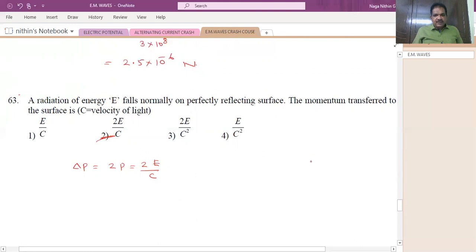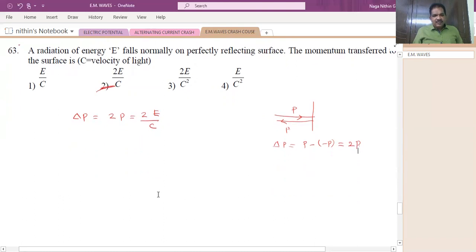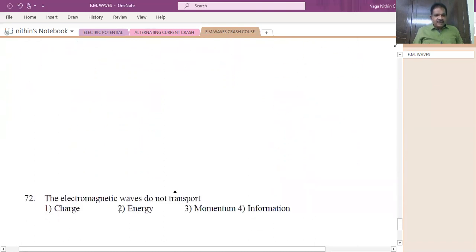The radiation is incident like this, and perfectly reflecting means change in the momentum will be P minus of minus P. This will be 2P, P is equal to E by C. Okay. Next,